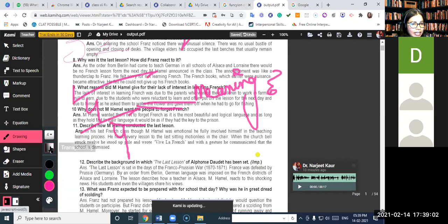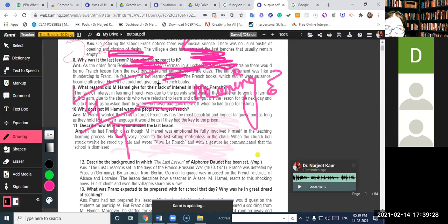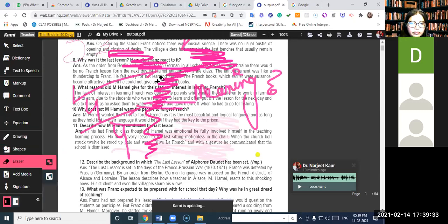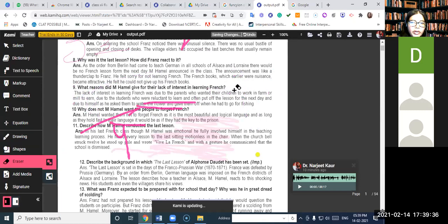You can decide the thickness, and you can also decide the transparency. For example, if I increase the transparency, see what it is going to show me. This is not very thick, and the text beneath it will be visible. But if I decrease the transparency and now write, the text beneath will not be visible. So this is how your annotation transparency is going to be decided. This is how we are going to do it with the text.